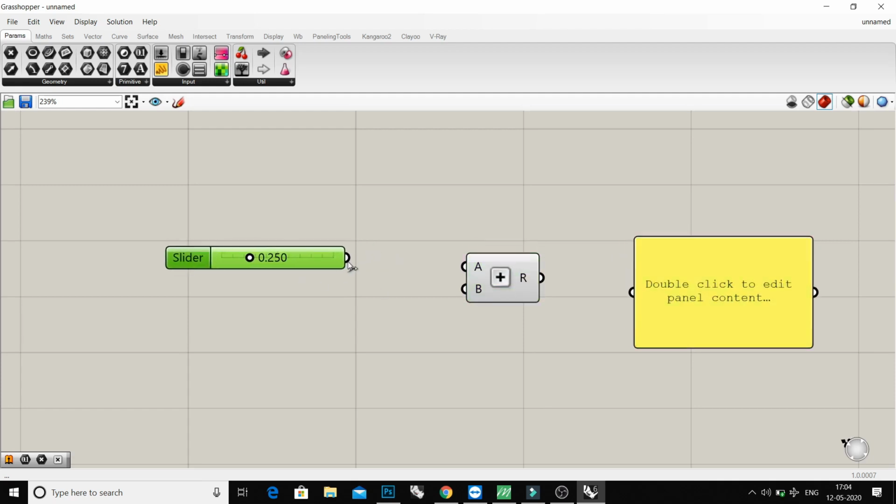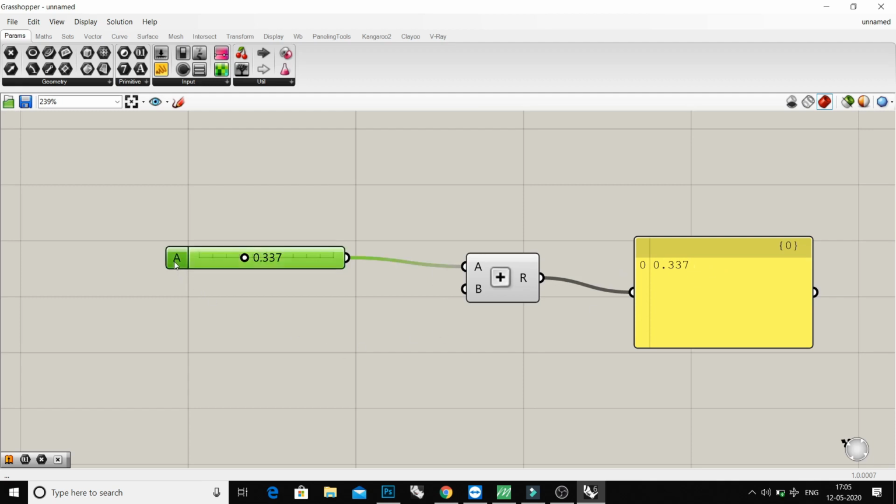First of all, I will connect all of these using connections, output to input and output to input. This panel value is 0.25, and here in the output section you can see this value. If you slide this number up and down, you can see the number changing here.